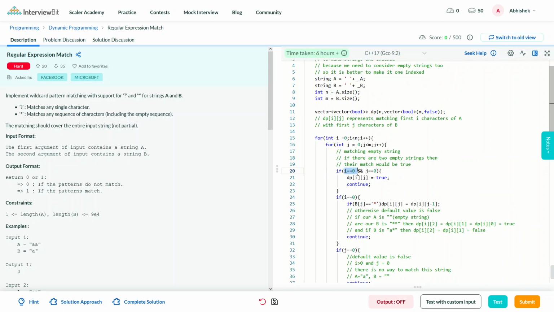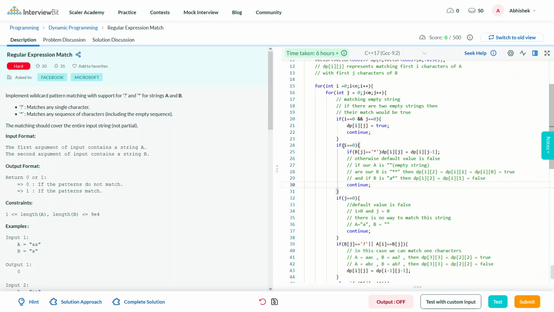If i is 0 and j is 0, that is we do not have any character in A and B, so two empty strings would match each other, so we need to return true in this case.